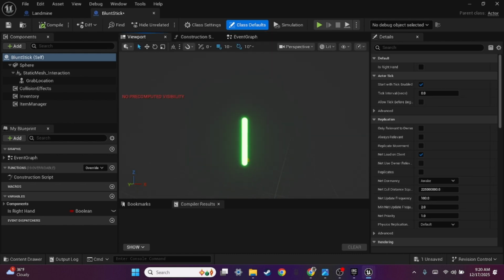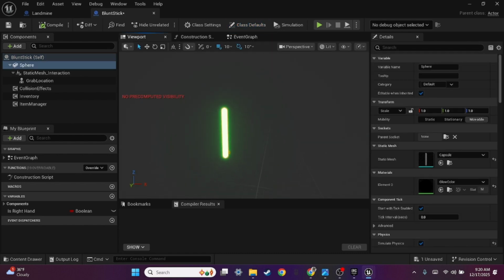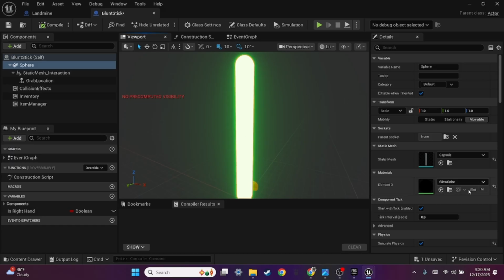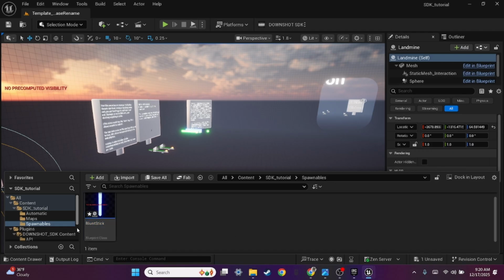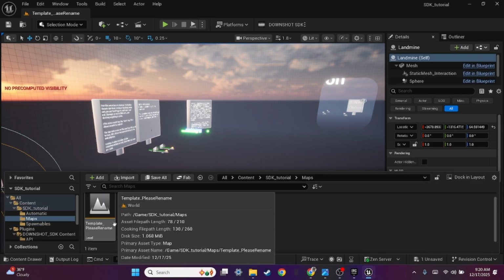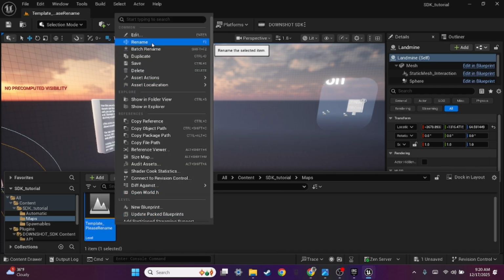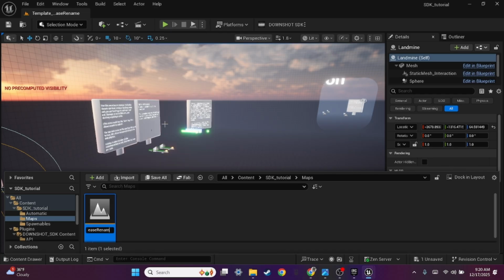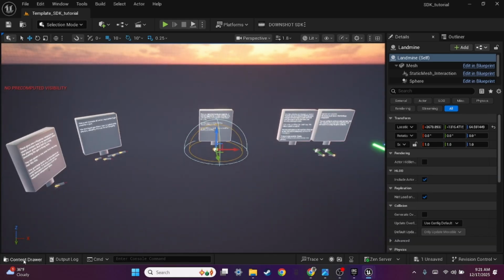Now, I'm not going to be going over how to change the mesh or anything right now, but just know that you can right here. So, now you have a spawnable and a map. And to rename something, you'll want to click up here, and you can rename it to be whatever you want. So now you have a map and a